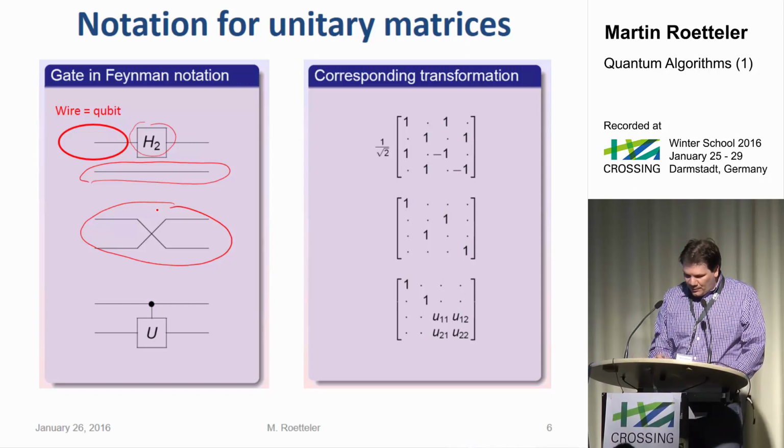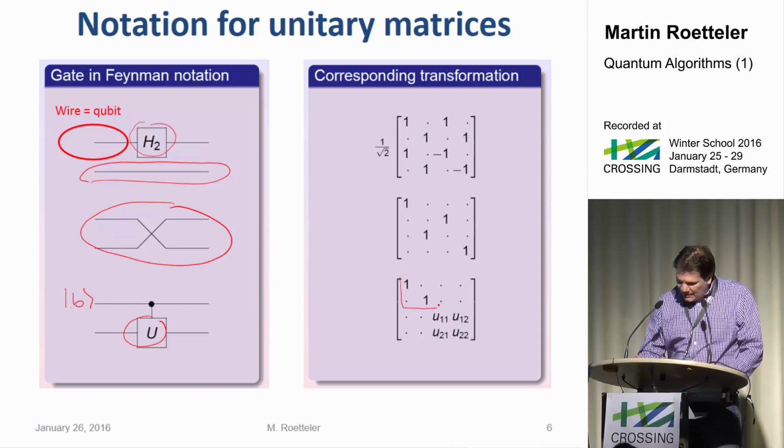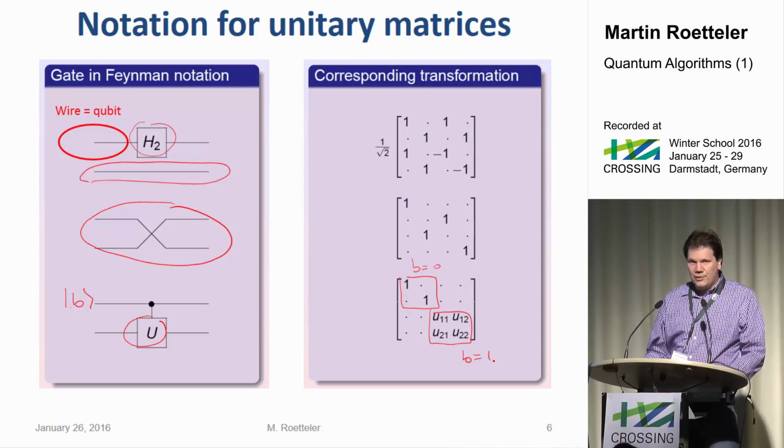And down here we have an operation U that's applied if and only if this bit up here, let's call that B. There's a bit B, which can be 0 or 1, or a superposition of 0 and 1. This operation U is applied if and only if B is equal to 1. If it's 0, you do the identity. So in the branch where B is 0, you do the identity, and in the other branch where B is 1, you apply U. And those are the coefficients.